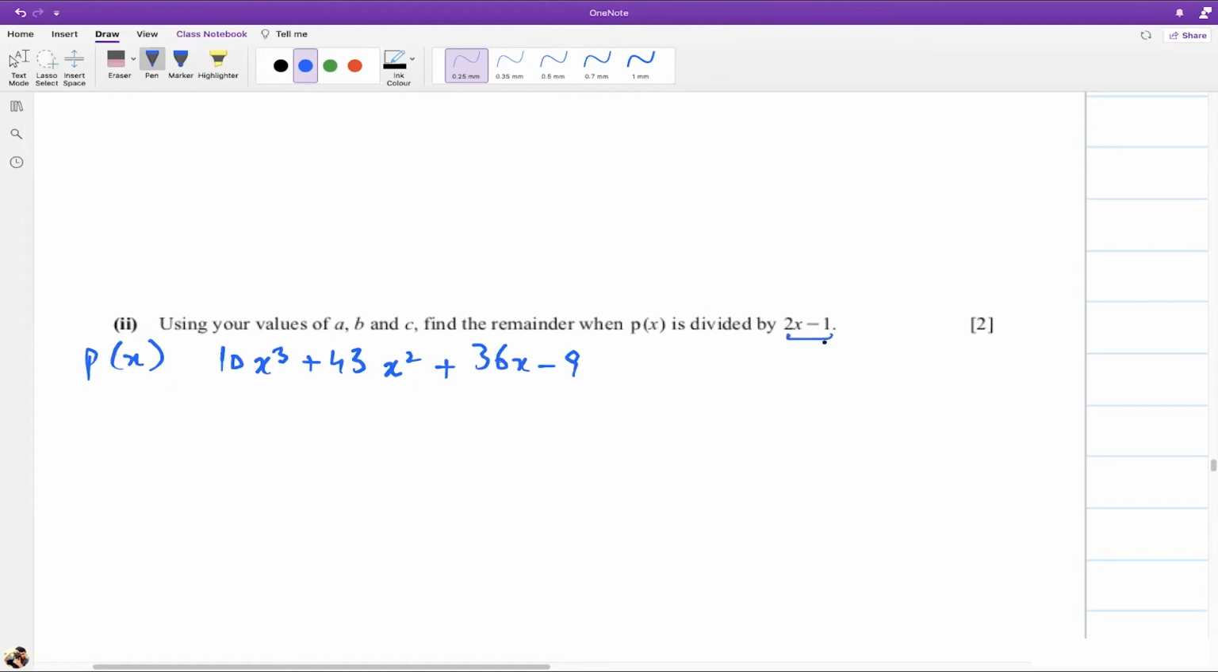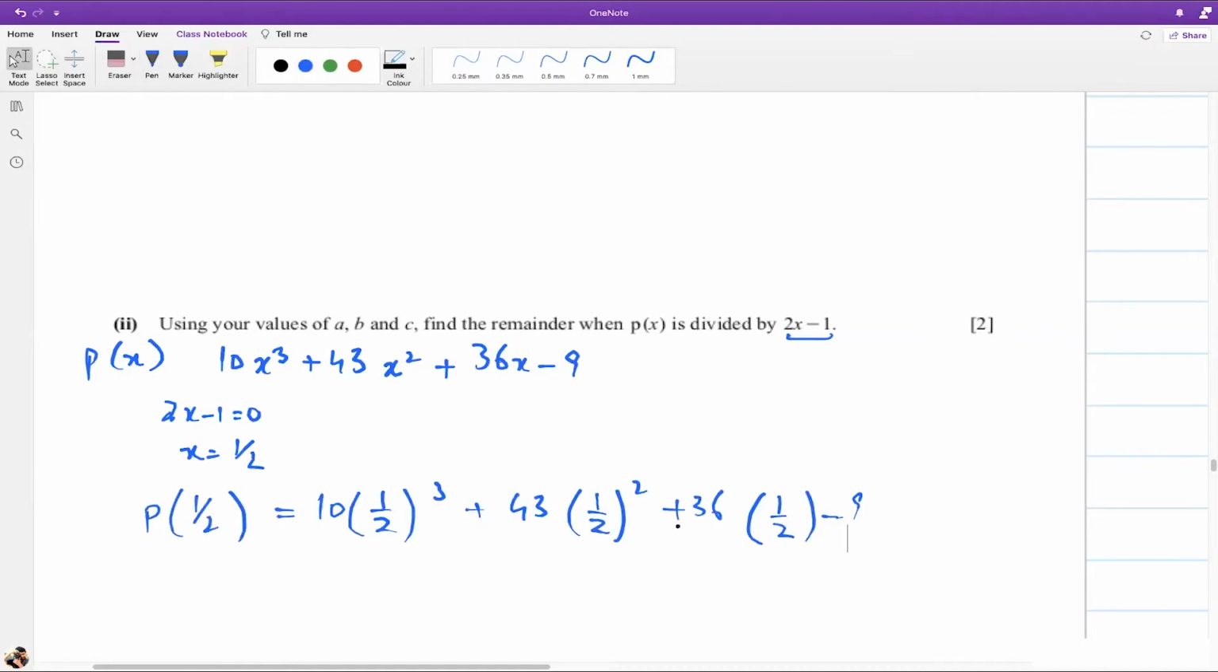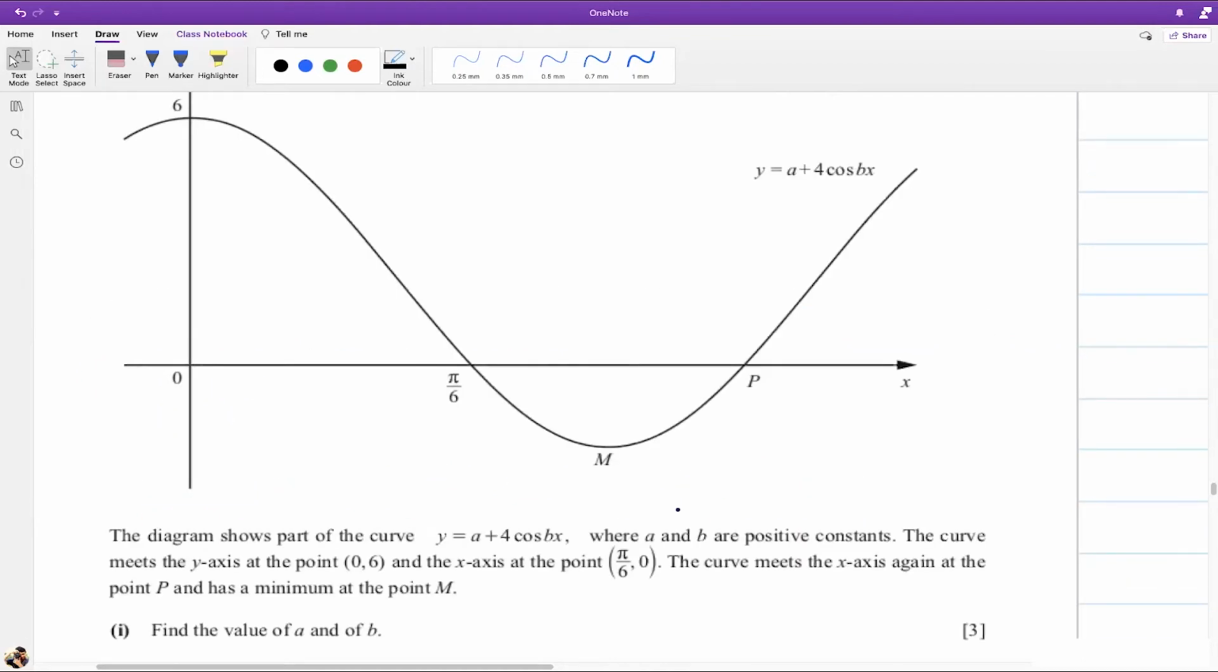So when I'm dividing by 2x minus 1, so 2x minus 1 equal to 0, x equal to 1 by 2. So p of 1 by 2, and you apply it in a calculator, तो हमें मिल जाता है आंसर जो भी मिलेगा। a plus 4 cos bx मिल गया हमें।